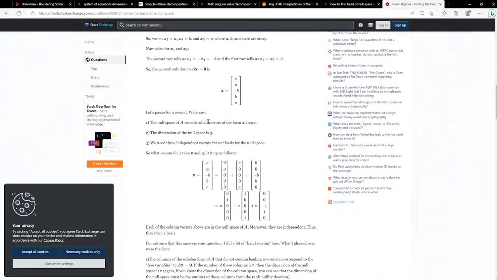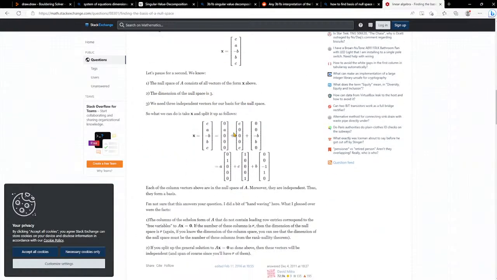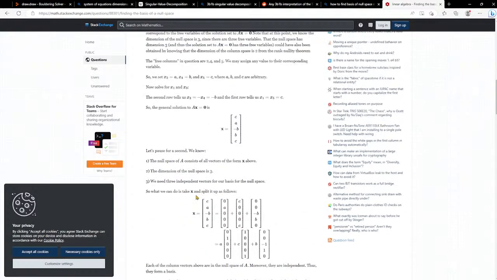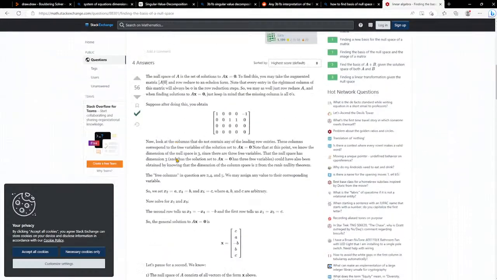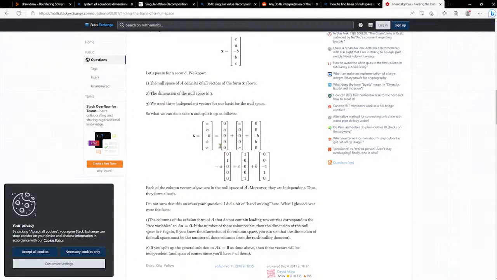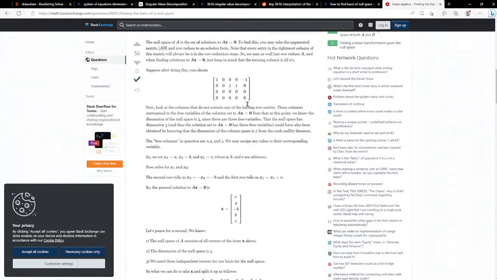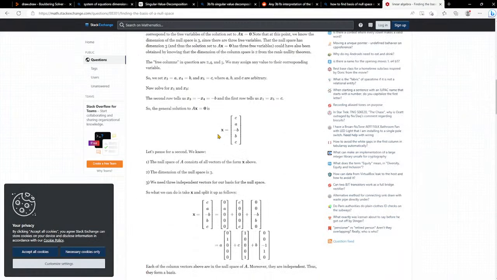The null space of A consists of all vectors of the form x above. The dimension of the null space is 3. We need 3 independent vectors for our basis, so we can split it up like so. Each of the column vectors above are in the null space of A. Moreover, they are independent, thus they form a basis. I'm not sure if this answers your question. No, it doesn't. I want to know why it's the case that you can just grab these vectors